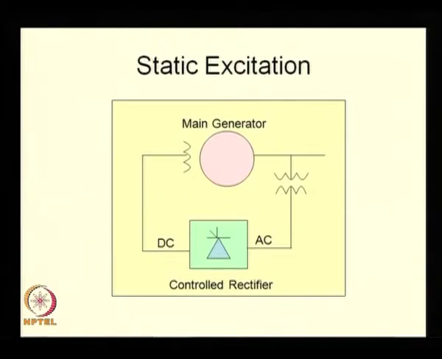If there is some residual magnetism available in the generator, it can generate a small AC voltage. If that AC voltage is enough to forward bias the devices used in the control rectifier, usually thyristors, then that would cause a small DC voltage. The DC voltage would